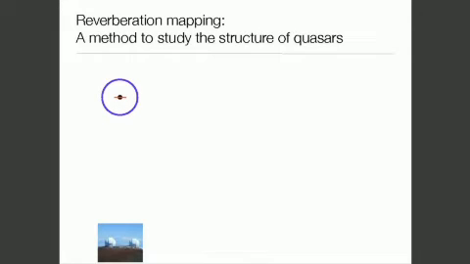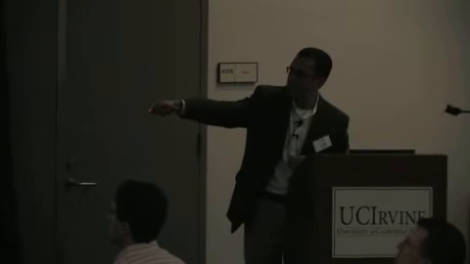So consider a black hole with an accretion disk as a very simple example, and that black hole is surrounded by just a thin shell of hydrogen gas, just to illustrate a simple cartoon of what's going on. And we are down here at our observatory looking at this system. Now, the accretion disk around a black hole does not shine with steady brightness like the sun. It actually has a brightness that fluctuates very randomly over time because the rate at which material is feeding into the black hole is constantly fluctuating and changing over time. So the brightness of a quasar goes up and down quite randomly over time.